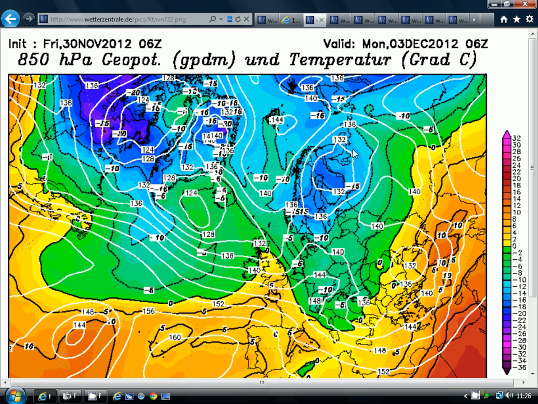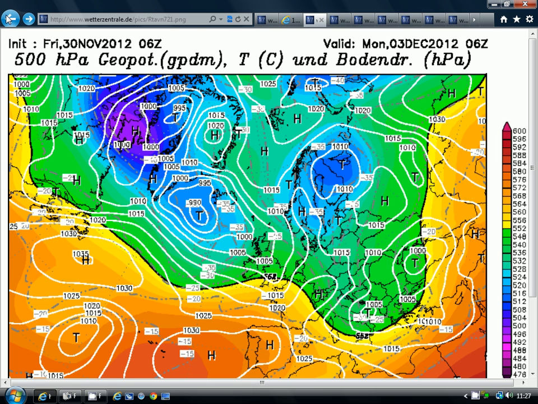These are the upper air temperatures. We can see we're well below average, very cold up there over Scandinavia with the minus 15 isotherm, even a little bit lower than minus 15 at 850 millibars in one or two places. So that's where the very cold air is going to be. But most of Europe is actually going to be on the cool side. So if we run through the charts, we can see that for Monday we've got this area of